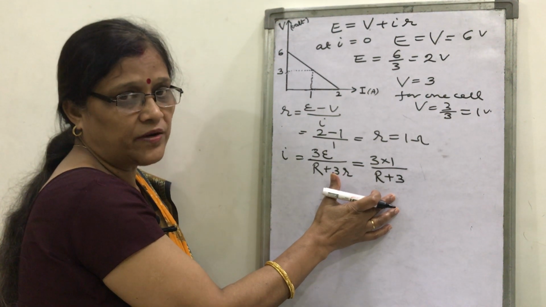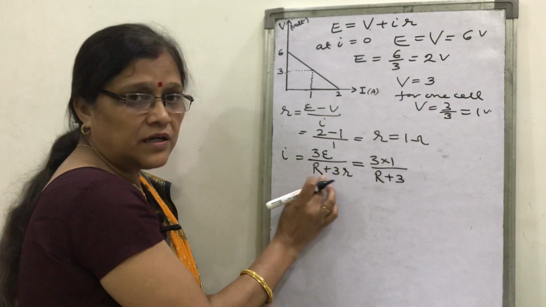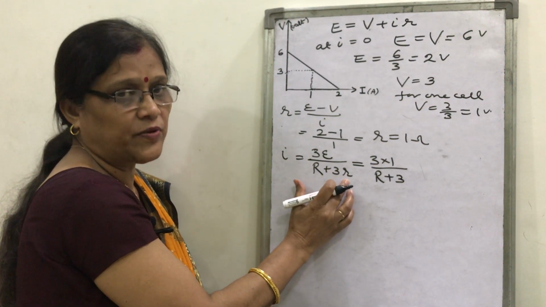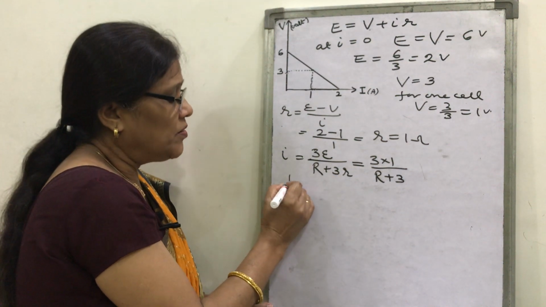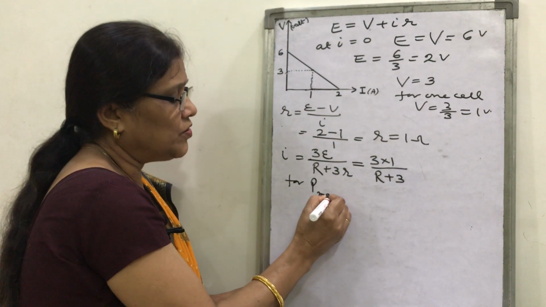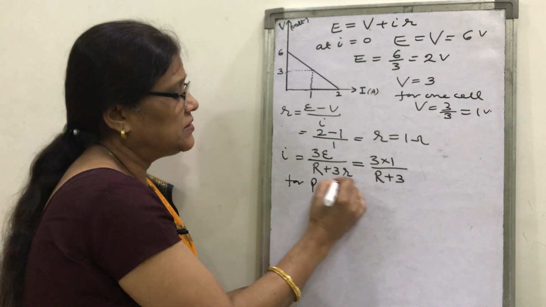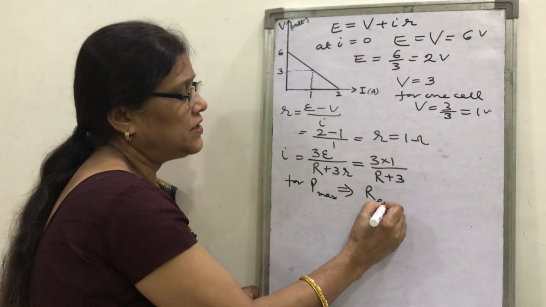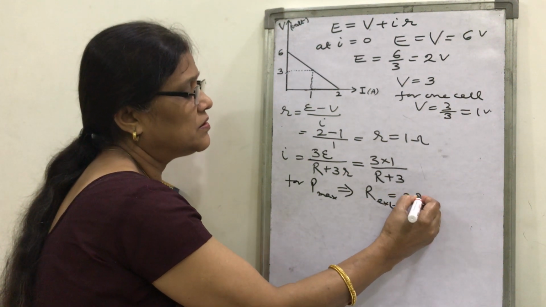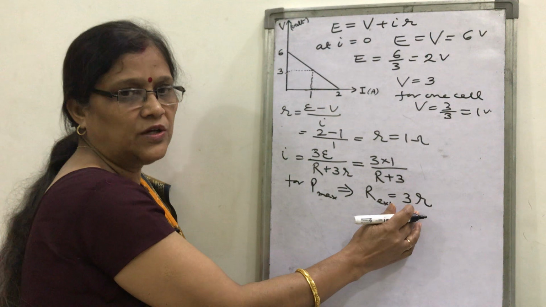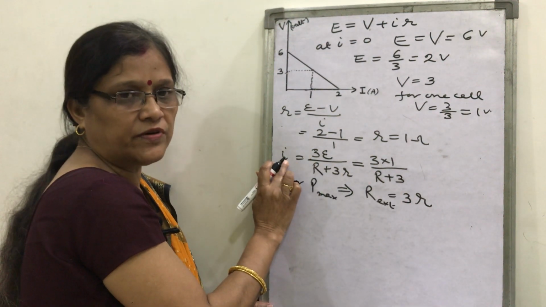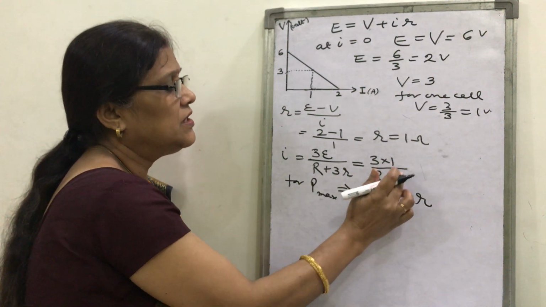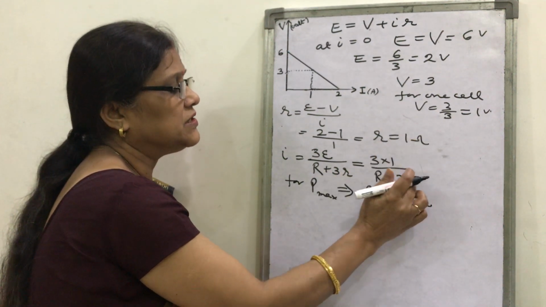And you know for I at power maximum, you will get the maximum power only when the internal resistance and external resistance are equal, in the maximum power theorem. So for maximum power, you can write that R external equals 3r, the net internal resistance. Only that current will produce maximum power. So in the current expression, if you put R equal to 3r, and what is 3r? Simply this r is 1, so it is 3.